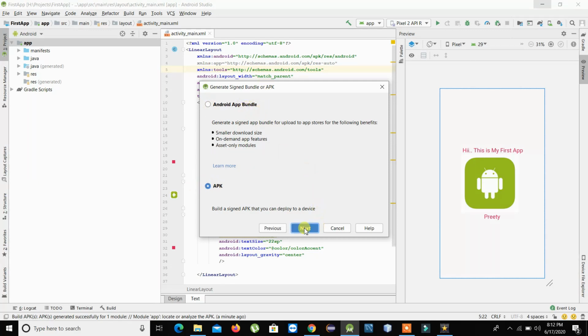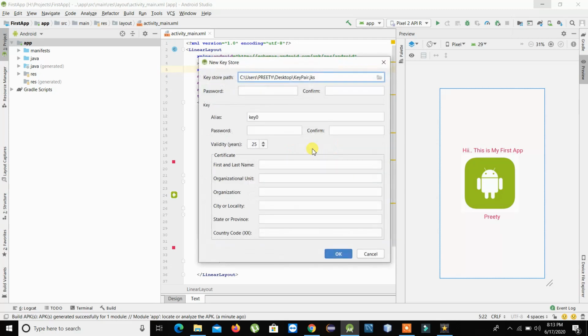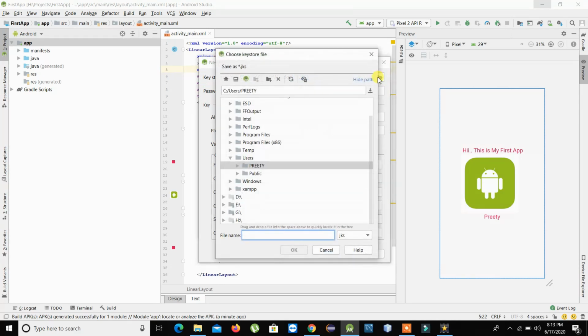So we'll click on next. Then we will create a key store path. Either you can go with the choose existing button, or you can click on create new. So I'll go with create new. What I will do is I'll go for a path where I can save it, same in desktop.